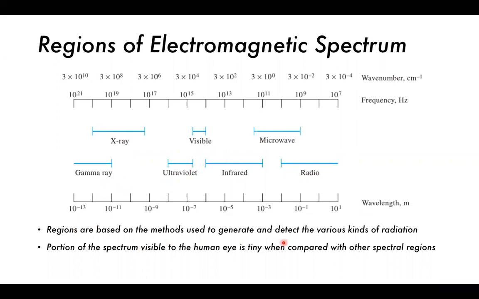Regions are based on the methods used to generate and detect the various kinds of radiation, and the portion of the spectrum visible to the human eye is tiny when compared to the other spectral regions. So if you look here, this is a massive range of about 14 orders of magnitude, and the visible in the center is actually less than 1 order of magnitude. So there's less than 1,000